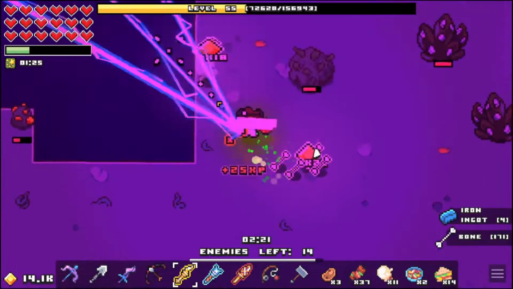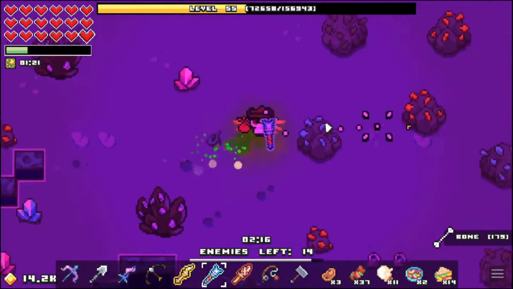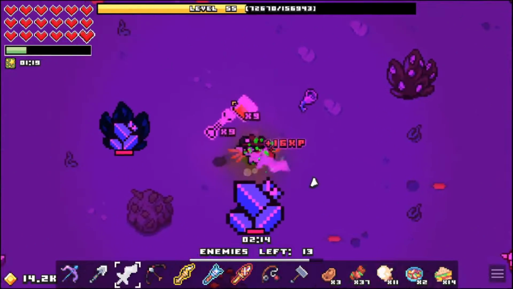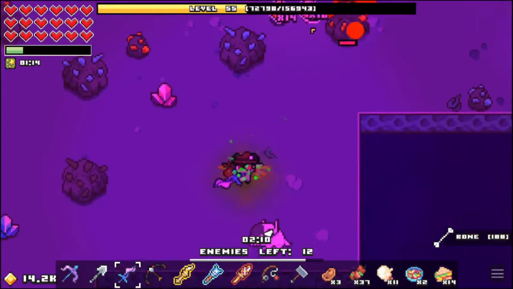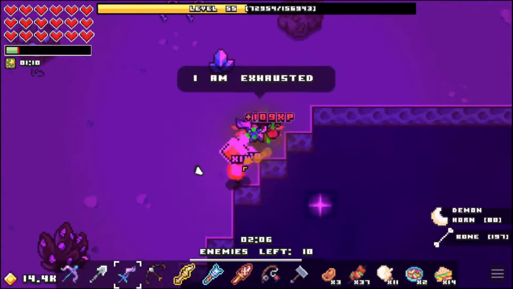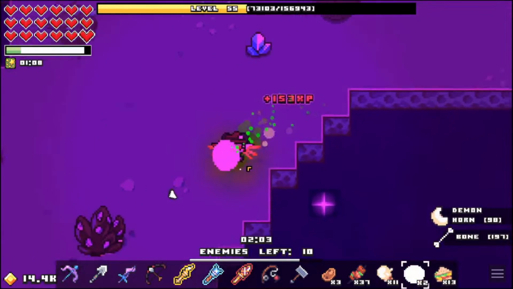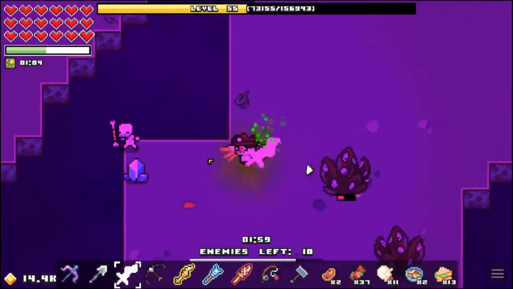Let's try to zap the skeletons, but it's not working all that well. Alright, so I guess let's just keep using the sword for now. And like I've said, sometimes we'll come into the void mostly trying to get resources, and sometimes just to get...